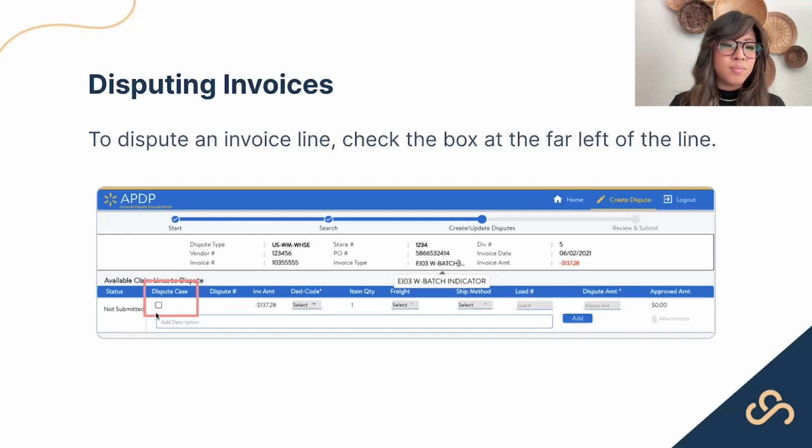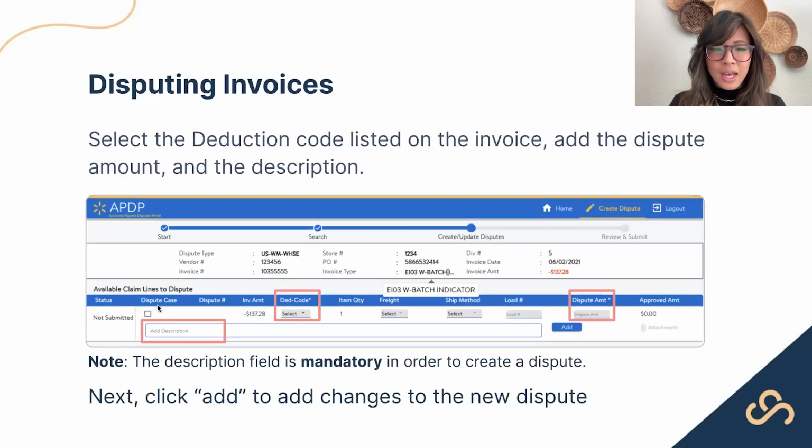So again, you're going to make sure that you select this button, kind of add the information that you need to. So you are actually going to have to provide the deduction code, which is kind of funny, seeing as Walmart should be able to just port that over, but you'll need to make sure that you have the deduction code, the amount that you're disputing. So if you're disputing the entirety of what was deducted or part of that,